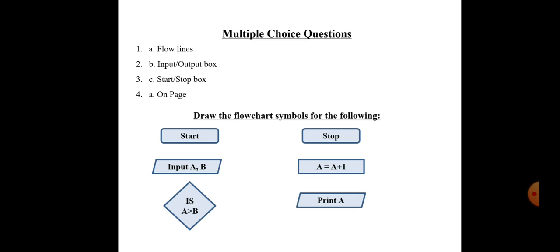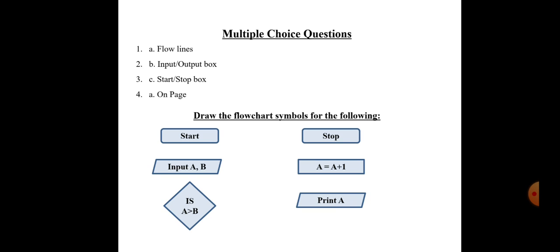Next one is A greater than B. That means it's a condition, and a condition is shown by which sign? A diamond. So here I have made one diamond. Print A, as I told you in the video, that input and printing both have to be done in a parallelogram box. Okay, hope you all understood about it. In the book also there are boxes given. In those boxes only you have to make these symbols. Okay,